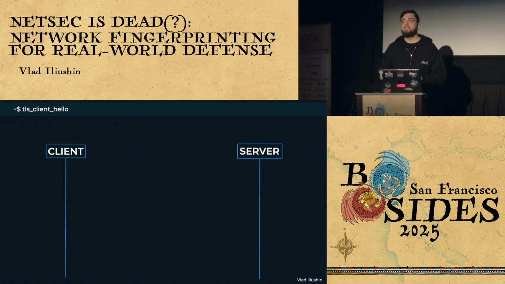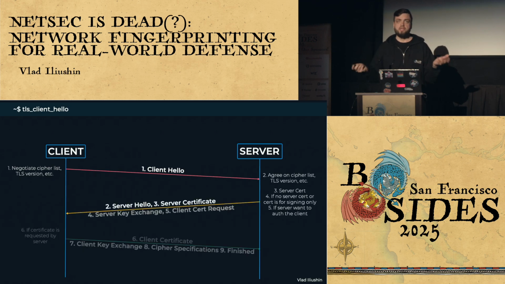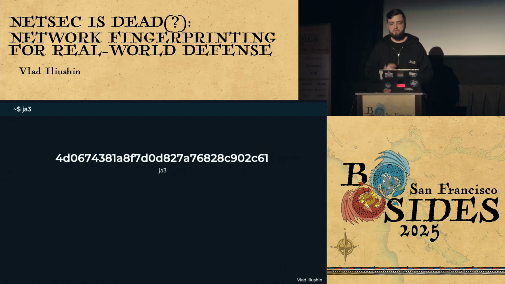So let's move to the TLS handshake. Usually we have a client and a server, and they just want to exchange some data to figure out which way to encrypt the underlying traffic. So they negotiate the TLS version or ciphers and so on. And TLS handshake fingerprinting is basically based on the client hello for the client and server hello for the server. With that, meet JA3, the OG of TLS fingerprinting. As you can see on the slide, it is a long string, which is the IOC that everybody uses.